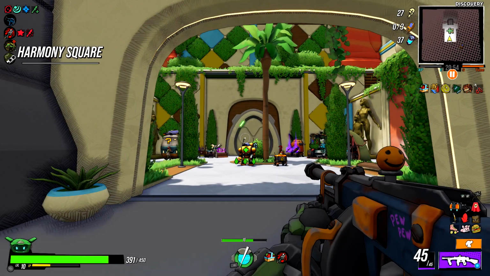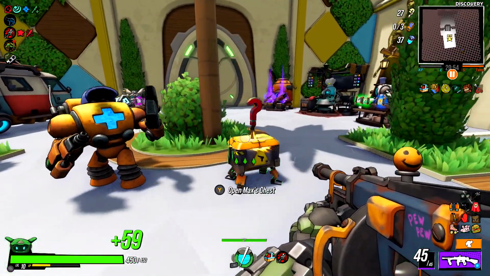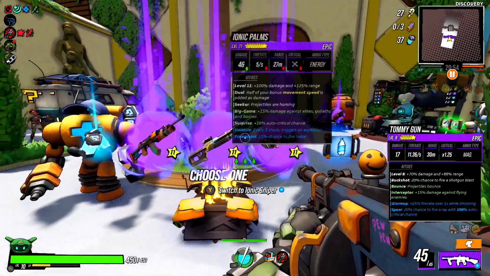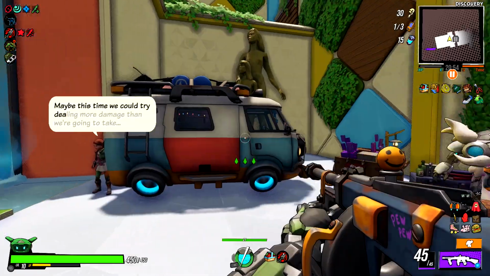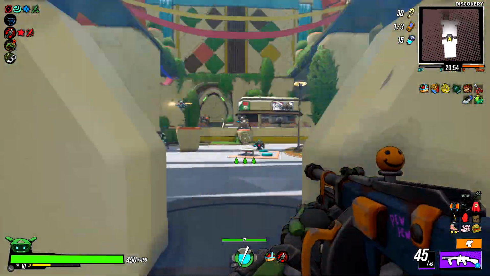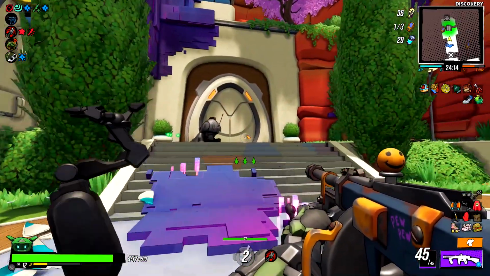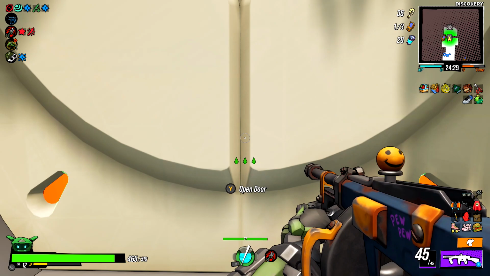So next up, we're going to need to make our way through Harmony Square. We're going to need to play through pretty much all of the level. However, we are going to need to make a quick stop right before the boss room. So make sure you play through the level. It can be a little challenging, especially if it's your first time here. It's mostly going to be a gauntlet of all the previous mini-bosses that we just defeated. But once you get to the room right before the boss room, which is going to be this room right here,